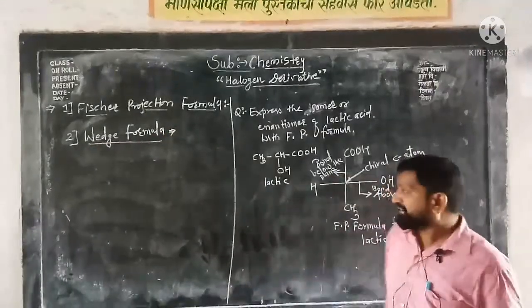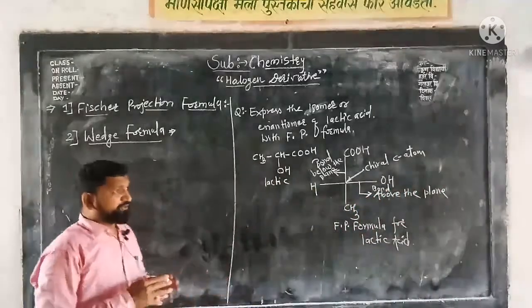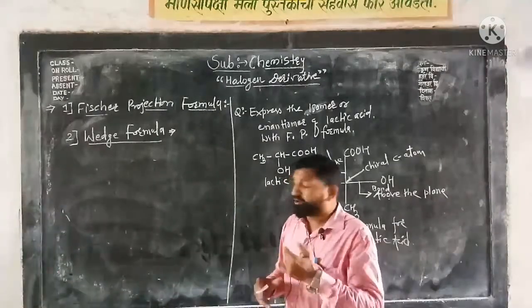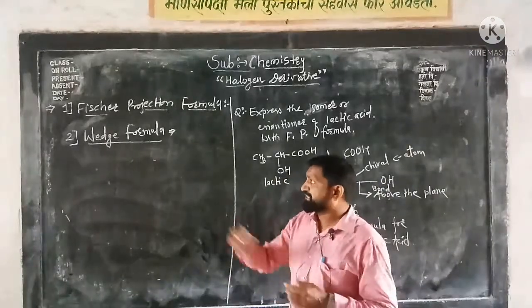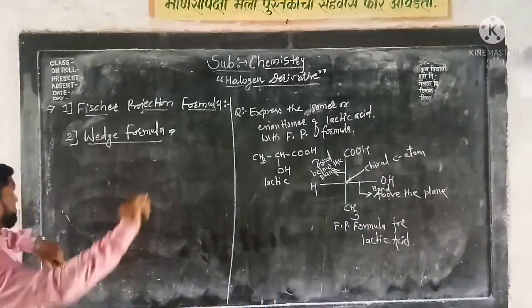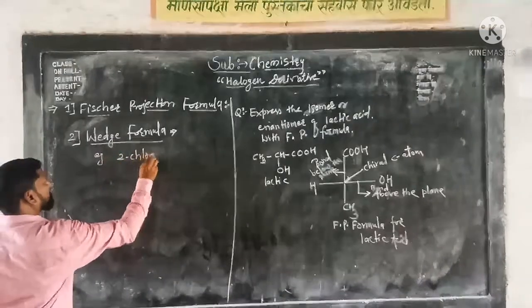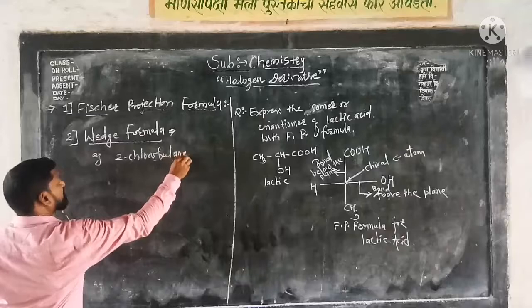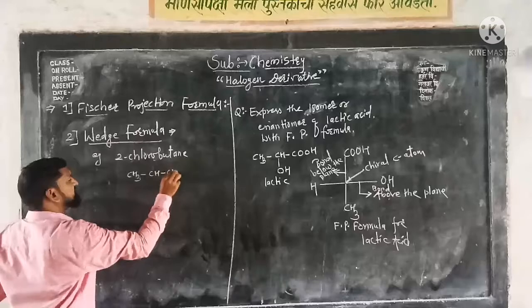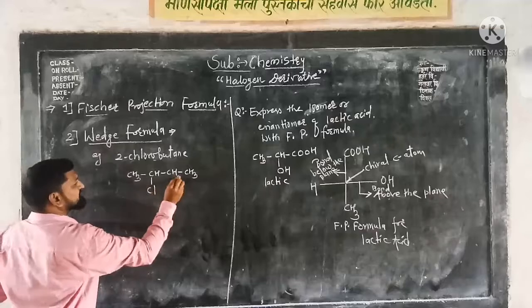Whenever there is a tetrahedral carbon atom, whenever we want to show the tetrahedral carbon atom on a plane of the paper, in that case Veitch formula is very, very important. Okay, first I draw. See here what happened. For example, everybody see here, we will take the example of 2-chlorobutane. What is the formula? CH3 CH CH CH3. Okay, here we will write like this and we will write like this.